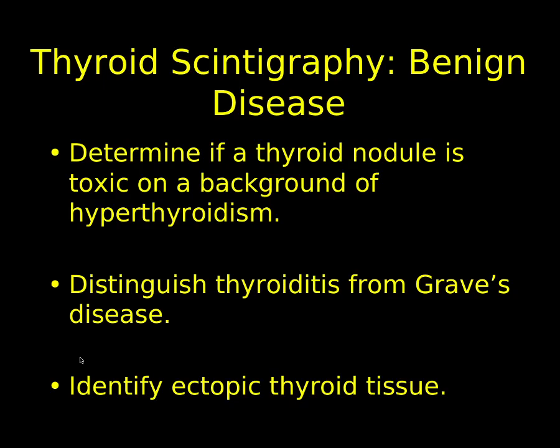Why would that be of significance? If we can identify a single toxic nodule, the patient could have a hemithyroidectomy. If the patient has Graves' disease, the patient will require a total thyroidectomy. And clearly it's desirable only to have a hemithyroidectomy if possible, both because you are going to have less operative risk, you're not going to have the risk of damage to both recurrent laryngeal nerves, and also, of course, you'll